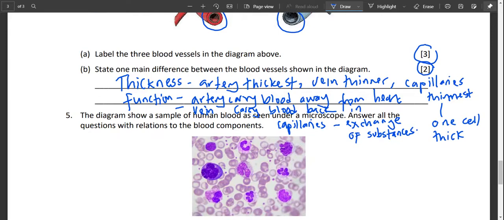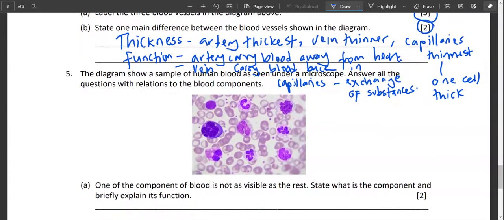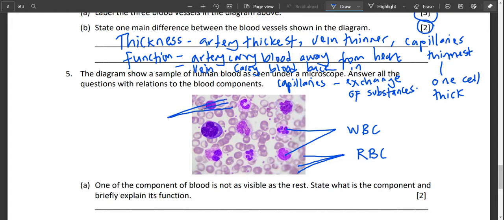Last but not least is number 5. The diagram shows a sample of human blood as seen under a microscope. Answer all the questions in relation to the blood components. One of the components of blood is not visible like the rest. What is the component? If you look here, this one is the white blood cell. The rest of this round stuff is the red blood cell. WBC means white blood cell, RBC means red blood cell, and this small thing you can still see are platelets. And there is one thing that you cannot see, which is the empty space there, and that component is